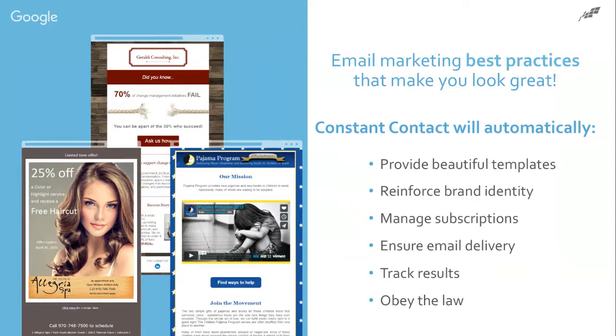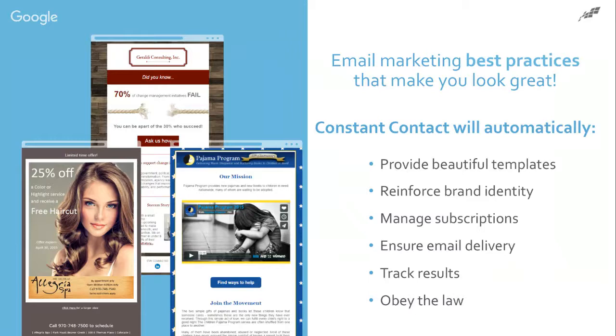The emails that go out from Constant Contact go out in a range of IP addresses. I know I'm getting a little bit geeky here, but when you're sending out from one IP address all at once, that IP is going to get loaded down and susceptible to getting flagged for spam. With Constant Contact, they send in small chunks from different IP addresses, and that lets the emails stay deliverable.